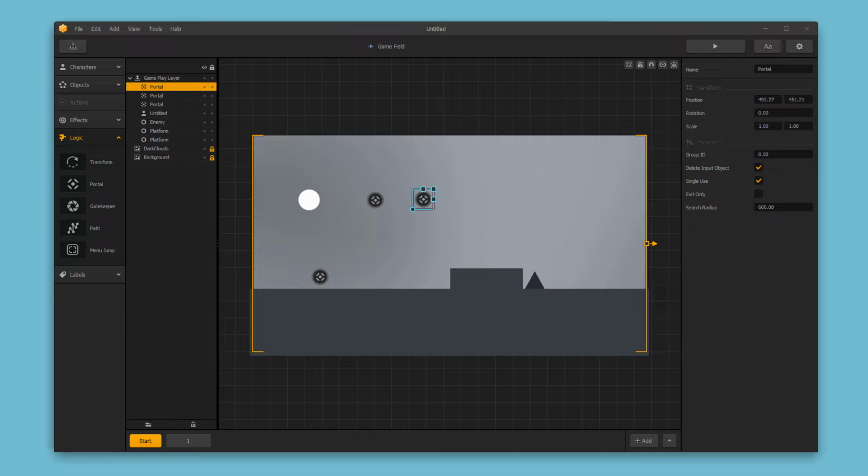So I'll select one of these portals, and over here in the options bar on the right, we have the position, scale, rotation, and all of those work exactly the same as you would expect, the same as they do throughout Buildbox. Now, group ID is important. This is how portals in the same scene work together. All of these portals work together because the group ID in this scene for this set of portals is set